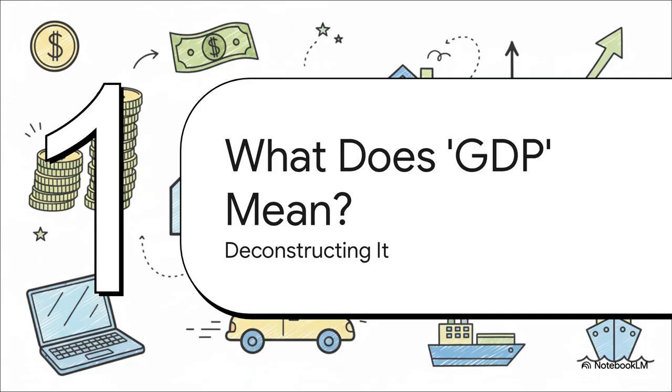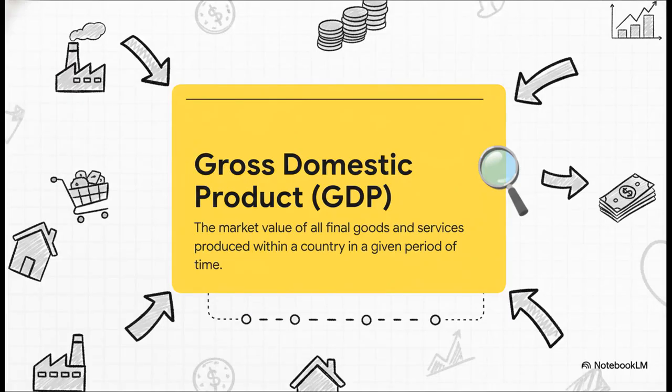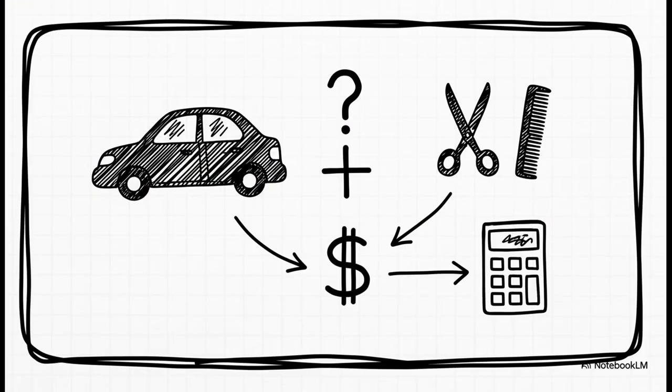Okay, so we've got the general idea, but the official definition of GDP is super, super precise. Literally, every single word in it has a specific job to do. So let's put this thing under a microscope and see what it's really made of. And there it is. I know, it looks like something straight out of a textbook, but don't worry about it. We're going to go through this piece by piece, and by the end, it's going to make perfect sense, I promise.